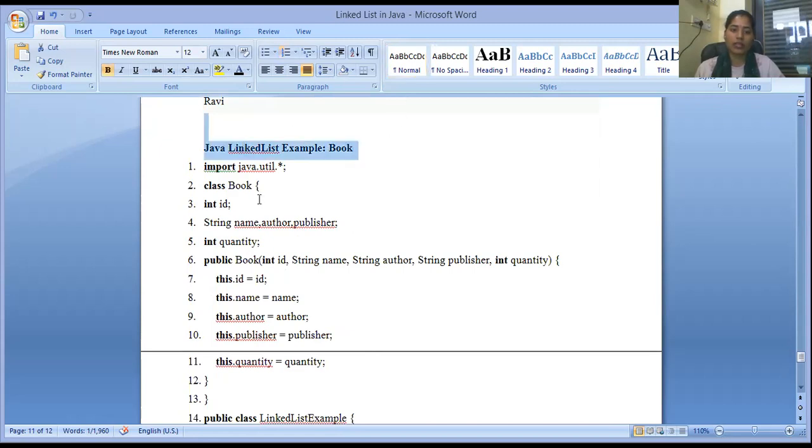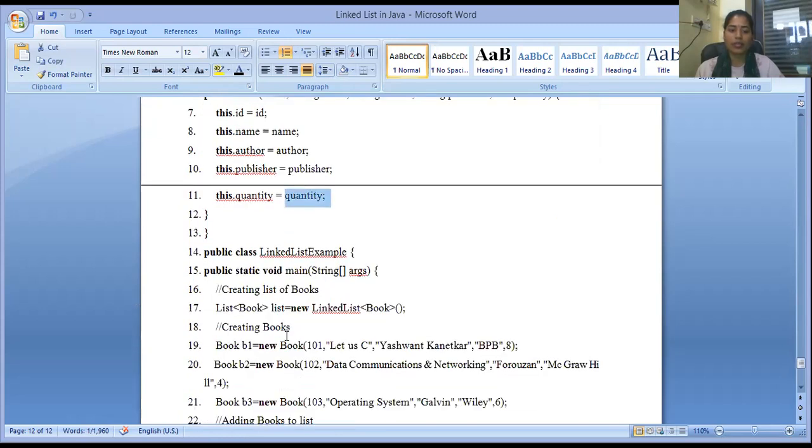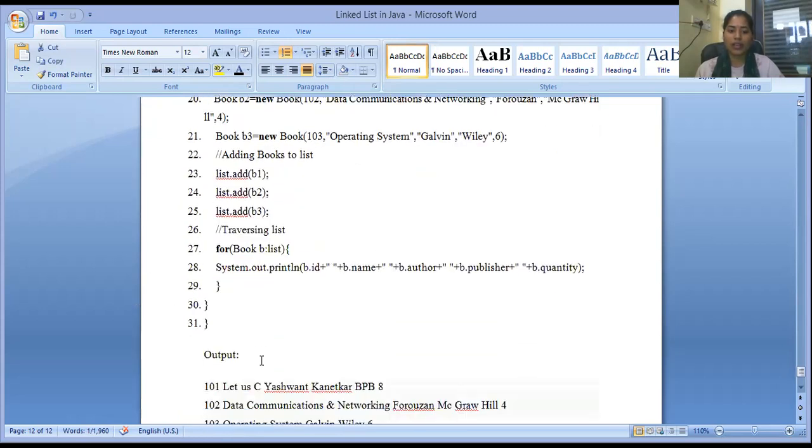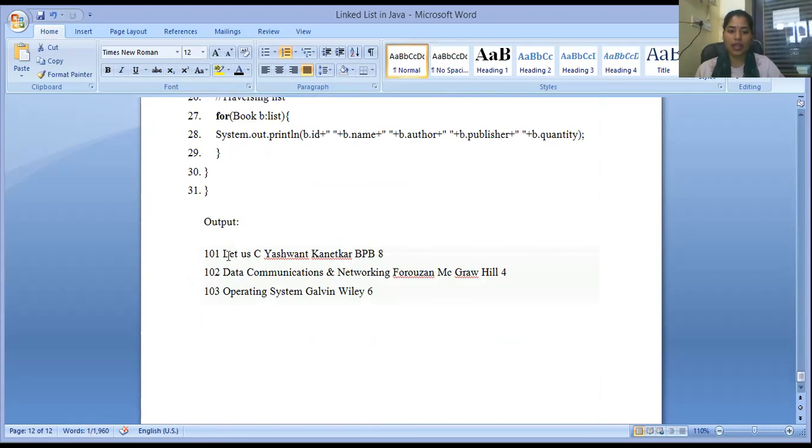And this is basically making books containing all the strings, like in books there will be a name, an author, a publisher and a quantity. So you can make all these things and add something new, like let us say Yashwant, this type. Okay, so you can easily make these examples on your own also, isn't it?